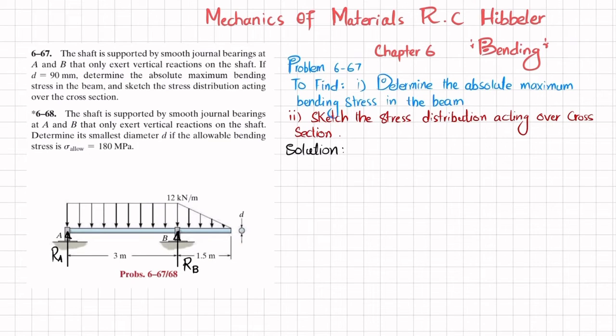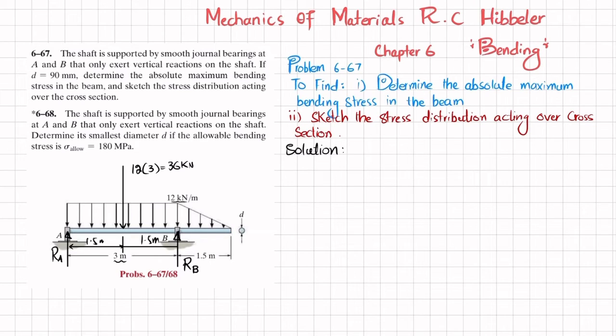Now you can see from A to B there is a uniformly distributed load of 12 kilonewton per meter. When converted into a point load, it will be equal to 12 times the length over which it acts, that is 3, which gives 36 kilonewton. And that will act at the mid, which means 3 divided by 2, which is 1.5 meter,